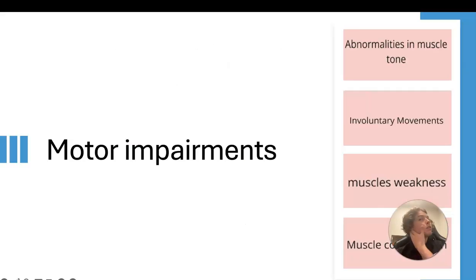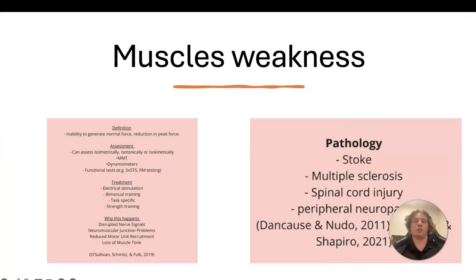Motor impairments refer to limitations in the ability to move and control movements and muscles effectively. Muscle weakness, for instance: a stroke can cause areas of the brain to lose motor control, leading to weakness or paralysis on one side of the body. Tools like manual muscle testing or functional assessments, such as the 5 times sit to stand, are often used to test